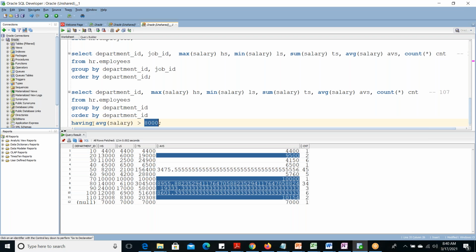And since this condition has the aggregate function average, we cannot use WHERE average salary is greater than 8,000. We can write WHERE salary is greater than 8,000, but WHERE average salary is greater than 8,000 will not work because this is an aggregate function. So using aggregate functions, if you are giving some condition to filter the data, then